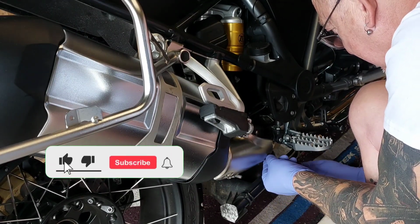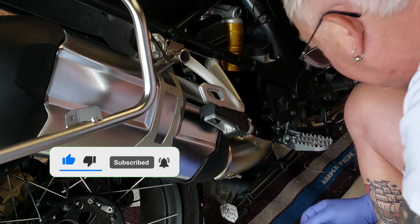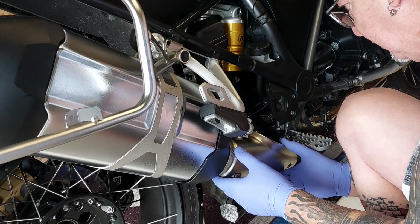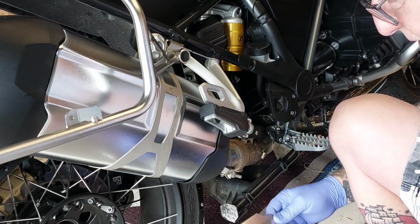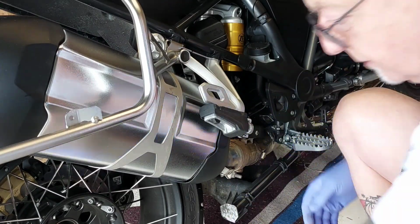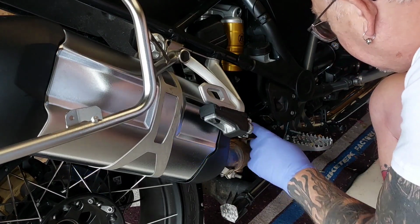Right, and that screw looks the same as well. So three identical Torx 25 bits holding this dirty little guard on there. I would have to clean the inside of that before I put it back. Oh, that would drive me insane knowing that's dirty on there. Okay, so